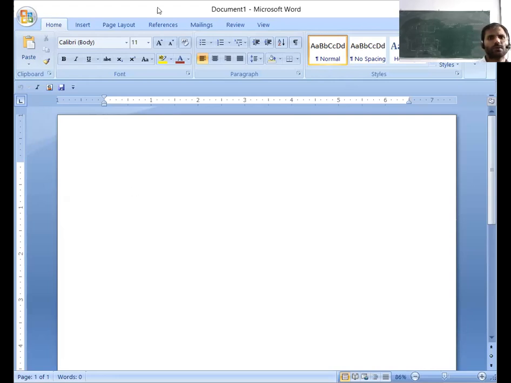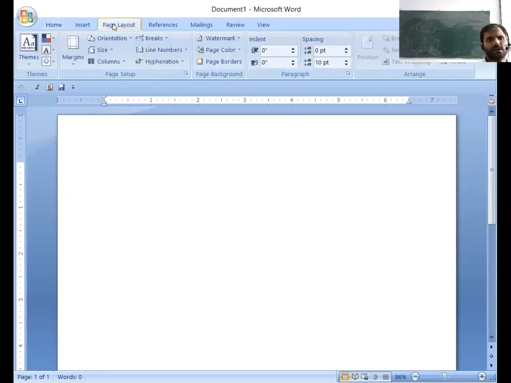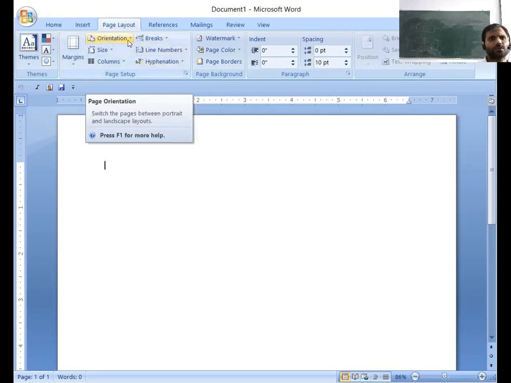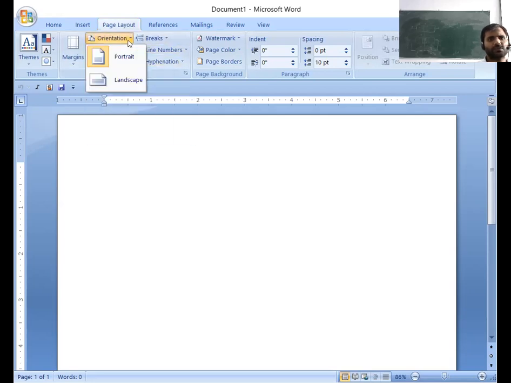So for the page layout setting, we have to move to the menu bar where we will find the page layout option. And in the page layout option, we also go to the orientation section where we will choose portrait or landscape according to the need.